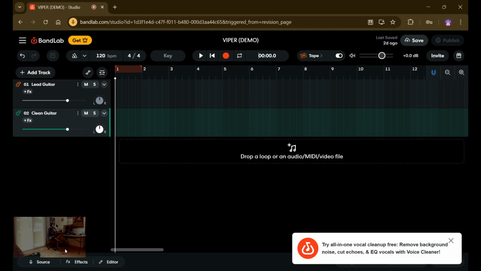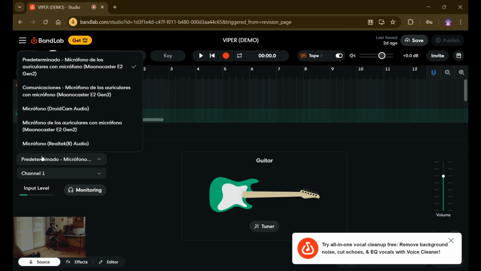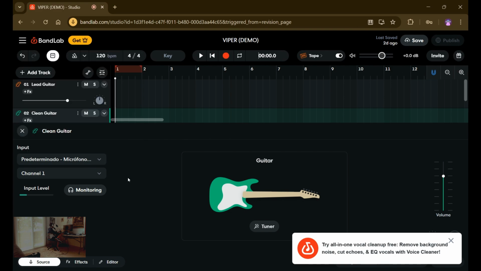I want to think of what effects I want, but before I do any of that, my guitar is tuned. Yes, I just did. I'm also making sure where my sound is coming from. So currently, it's coming from the Nanocaster E2, which is this device. I would usually use the predetermined version of it, not the communications. And we have a couple other options here, but I will just use the predetermined. I might mute my microphone a couple times to record it, otherwise this will come in the song. So whenever I'm muting my microphone, it's not that I lost connection, it's just that I'm recording something to show